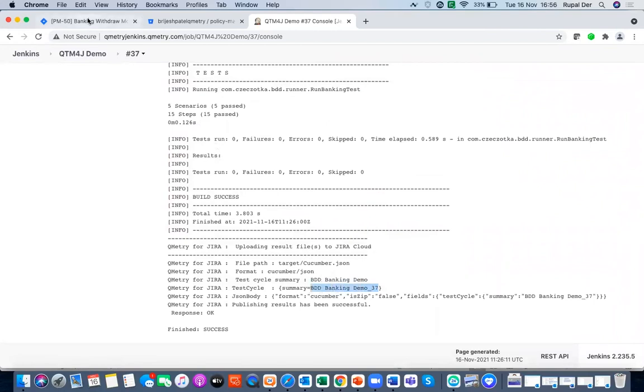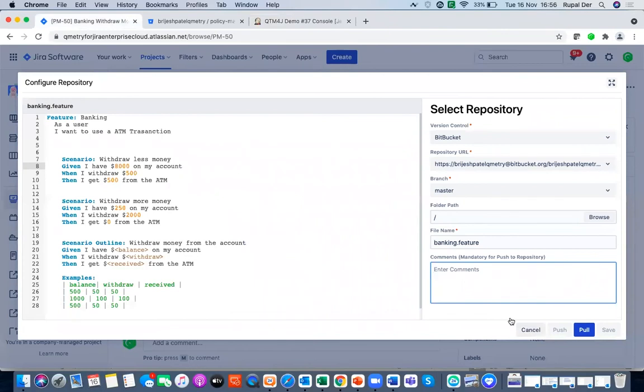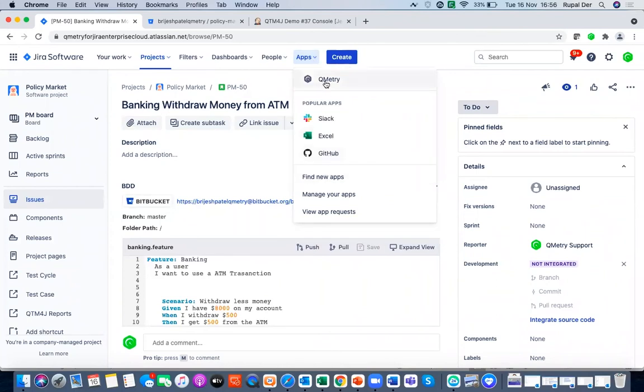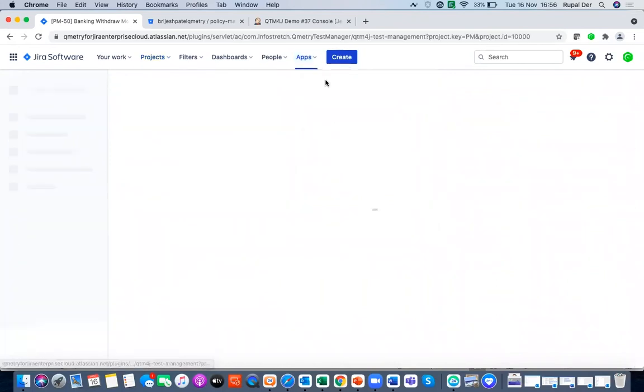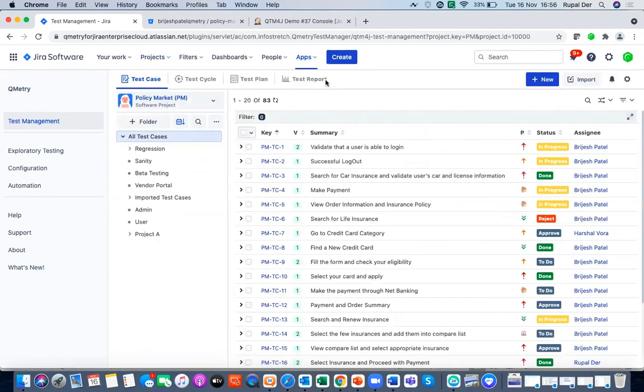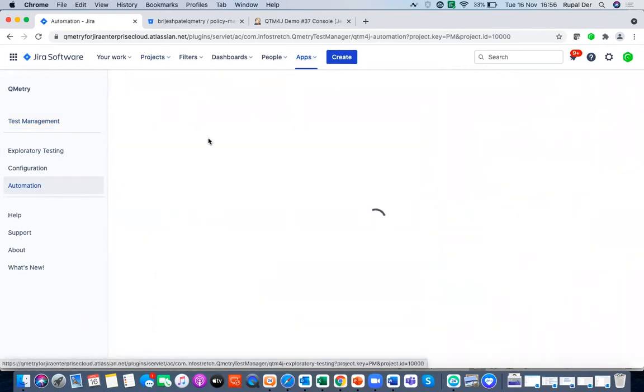So if I go back to QMetry, I've not set up the linkage to any story. If you remember, we had delisted the linkage to the story. As a next step, as the second use case, I'll show you how you can set up the linkage between a story and your BDD feature file, and automation results will be populated for traceability on that particular story itself. So if I go to my automation,